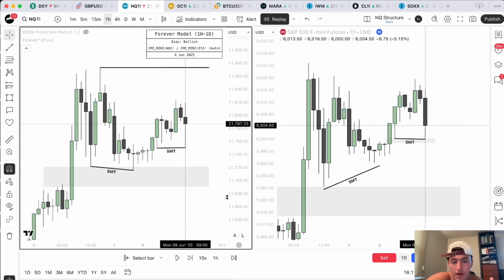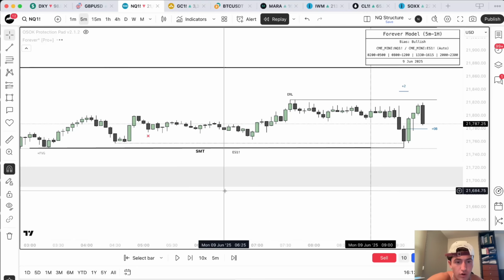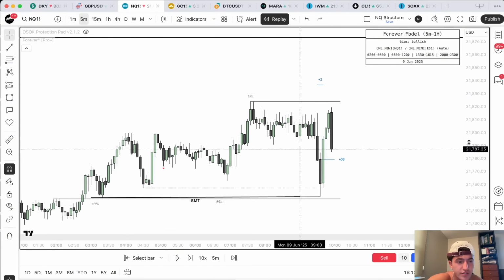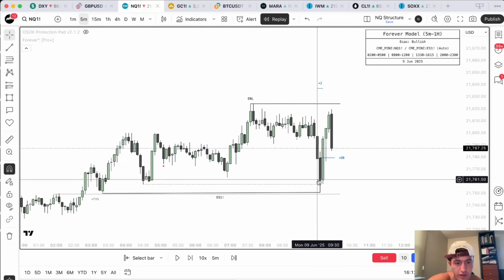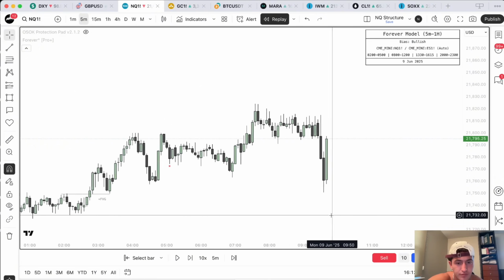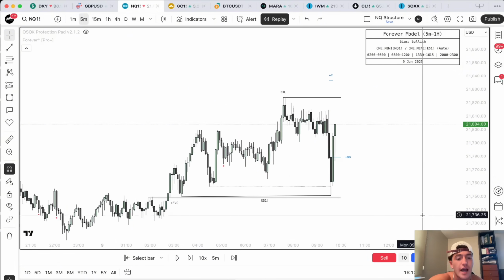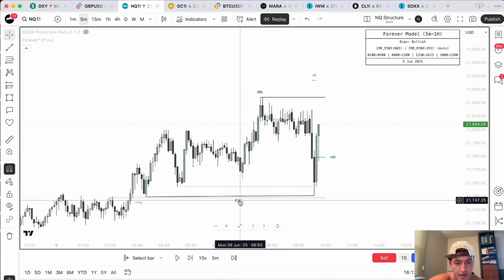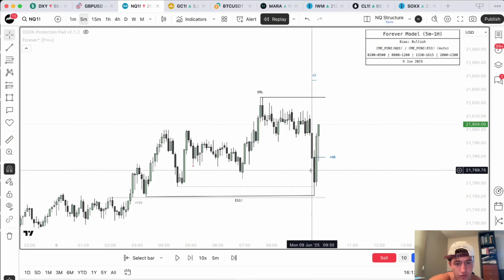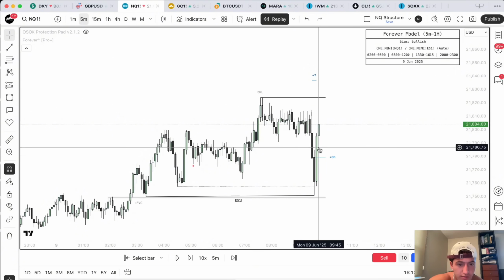Now, this is the beauty of having everything automated for you, because the indicator was actually able to pull this up. So if we go to the 5-minute chart and look at what is going on for the NASDAQ, I'm going to remove all of my drawings and replay price right here. So this is when everything checked into place. As you can see, we have that SMT set in at the lows here. We have the down close candle resting right here that runs short-term low, runs short-term low. The next candle comes down, taps us in here, and then what do we do next?